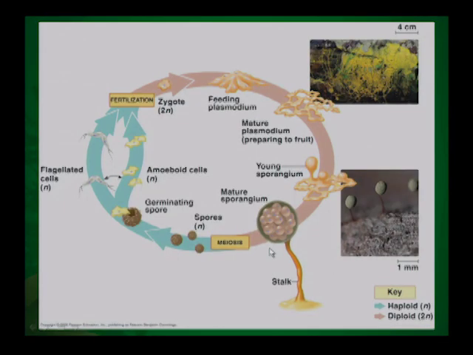What the 2 forms do have in common is that under certain conditions, they will form fruiting structures, they will form spores, and that's part of their life cycle. So they do exhibit some interesting behaviors at certain stages of their life cycles. But this is a group that's mostly decomposers, what we call saprobes, feeding on dead and decaying organisms.